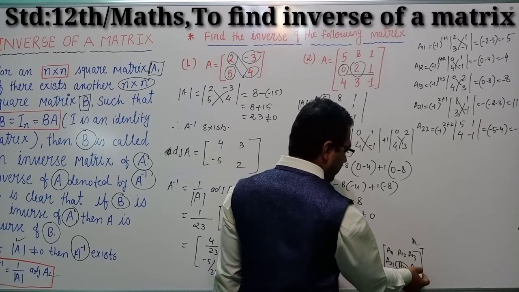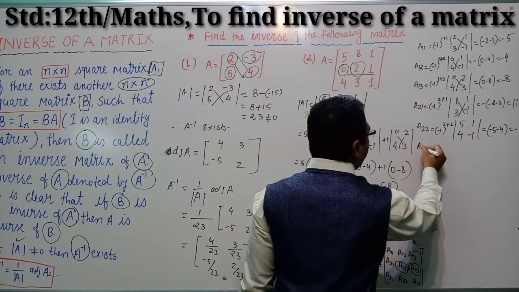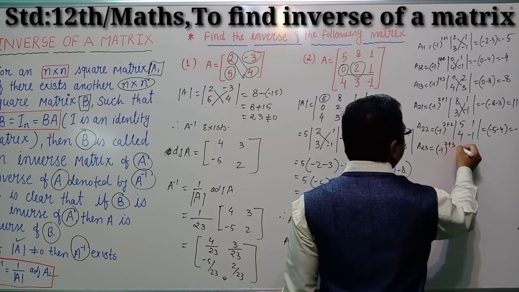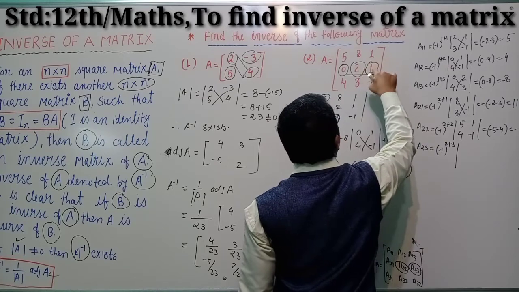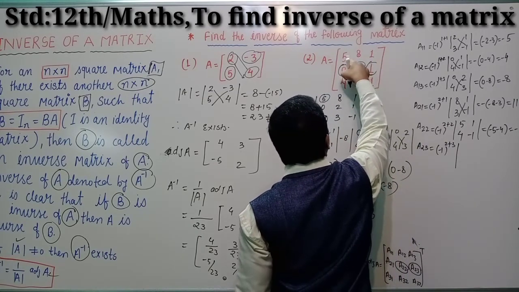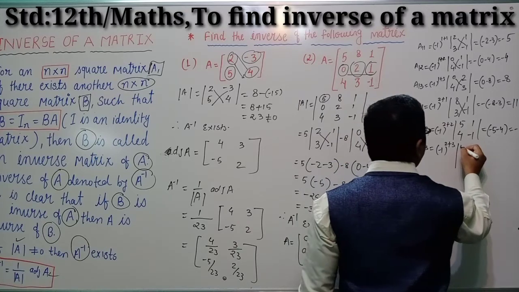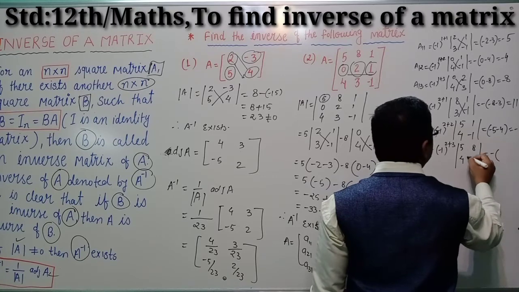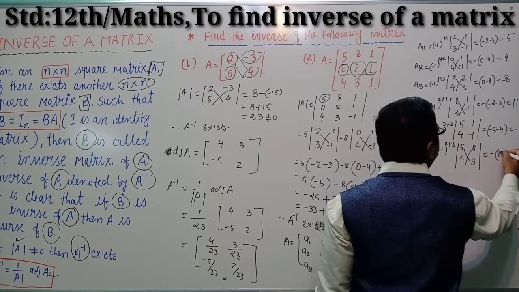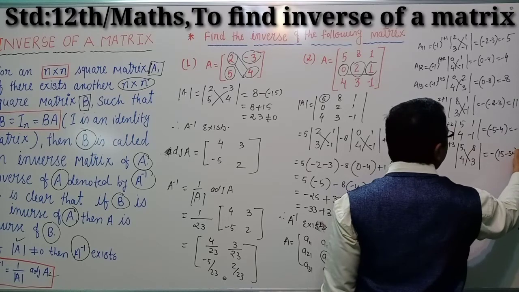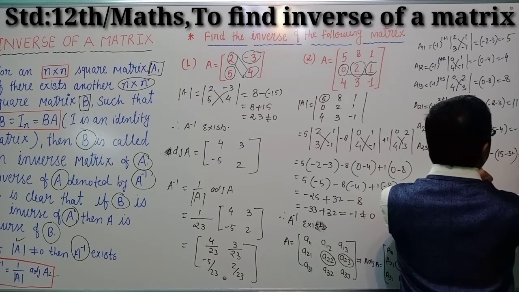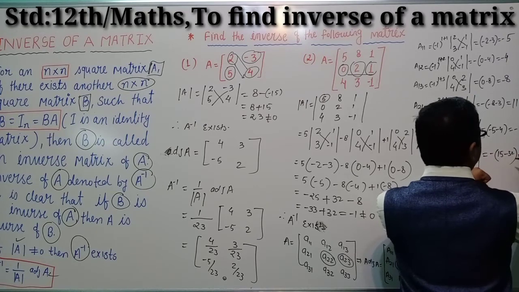The cofactor of A23 is capital A23. Minus 1 is to the power 2 plus 3. So cofactor of 1, do not write these element and these elements. So 5, 4, 8, 3. So this will be minus, cross multiplication, minus 15 minus 32. Right, students? So 15 minus 32, so minus 17, and minus minus, plus 17.